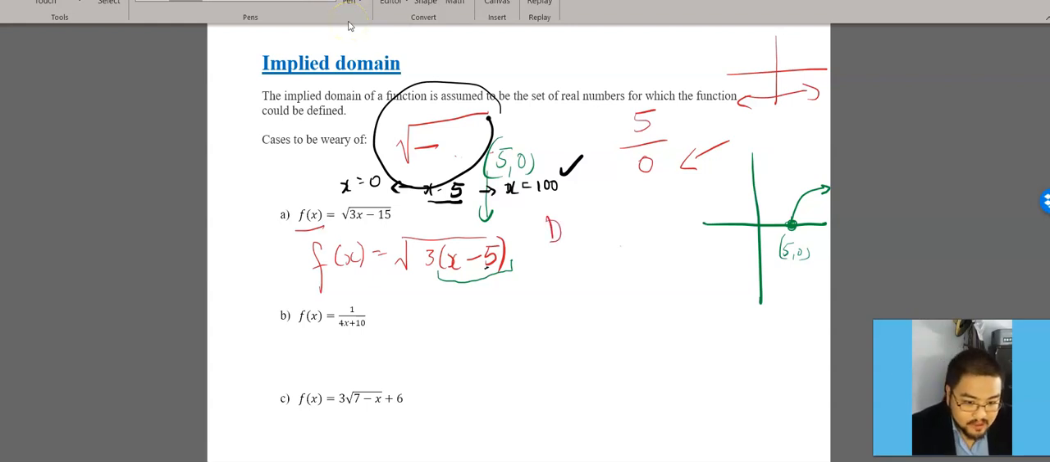So the domain for this graph, or dom f, goes up to infinity, but the endpoint that we have to pivot around is 5. It can equal 5, but anything less than 5 will result in a negative square root. So the next one,